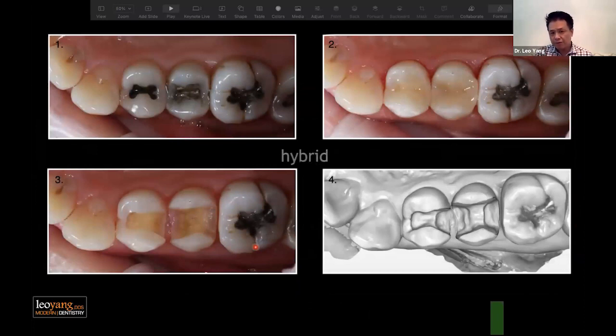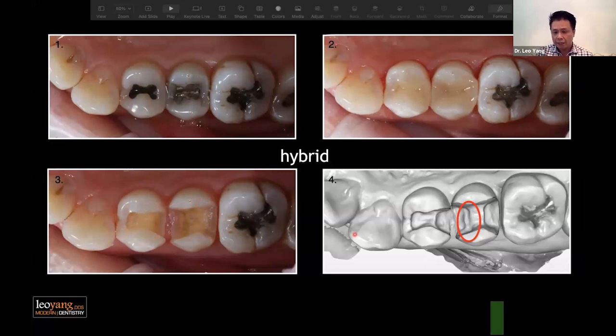To another example of amalgam preparation, amalgam removal. And this is something that you see in your practice a lot. You can see your amalgam pre-op in picture number 1 to the final cemented in number 2. And this is a hybrid, by the way. You can see my preparation in picture number 3. This is really a composite type of preparation. It goes both ways. But instead of me doing a composite, I just basically scan and have a custom hybrid